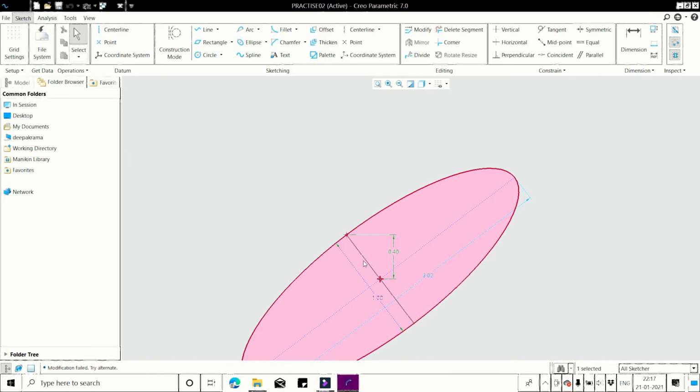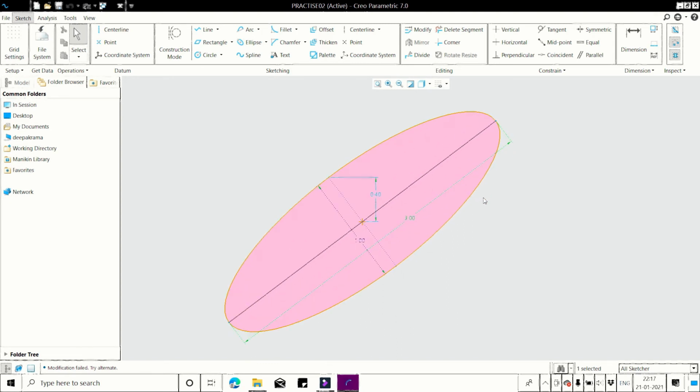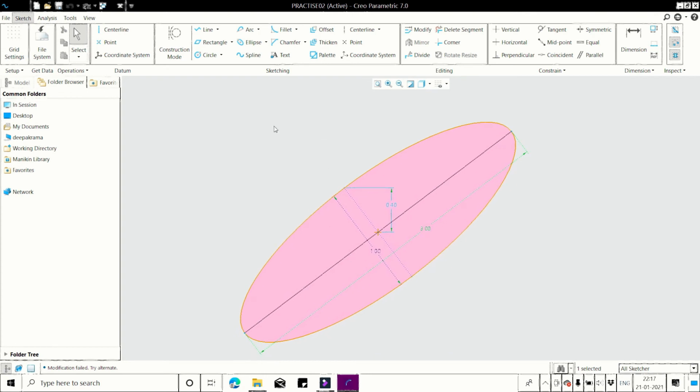You cannot create a 2 here because the total width of this ellipse is 1. So you can create here less than 0.5, means 0.45. Then 0.3, 0.02. See how your ellipse is created using the center and axis ellipse method.